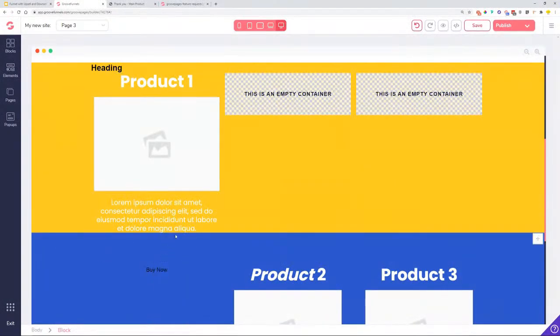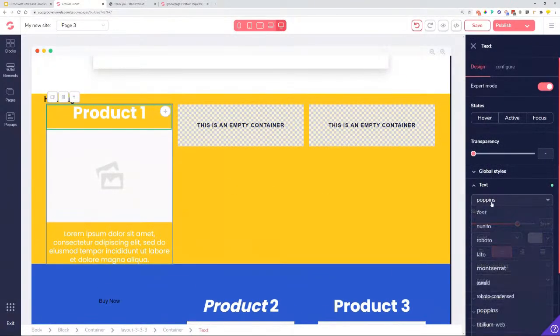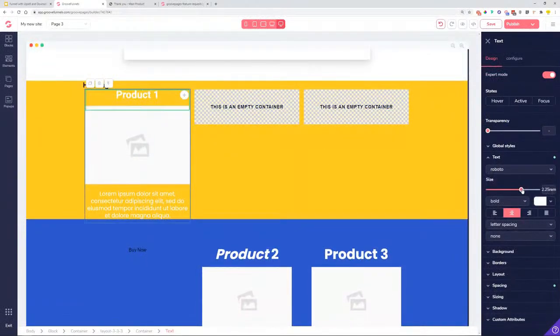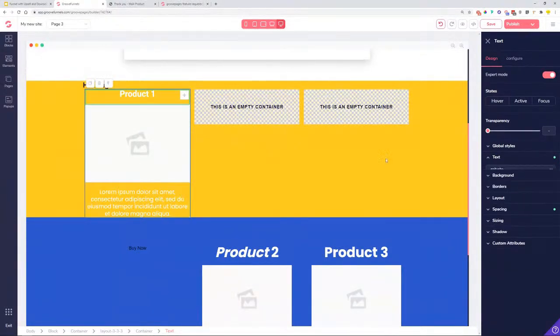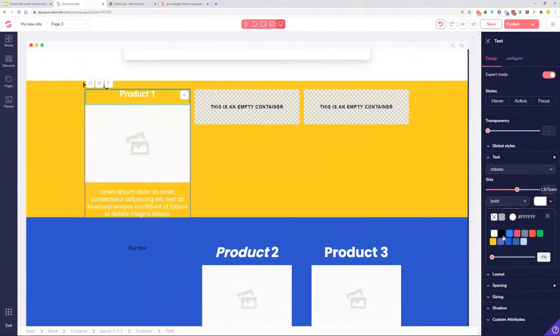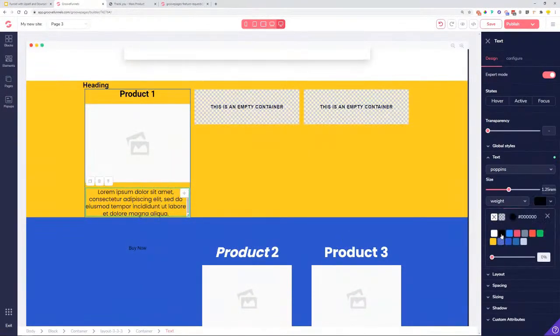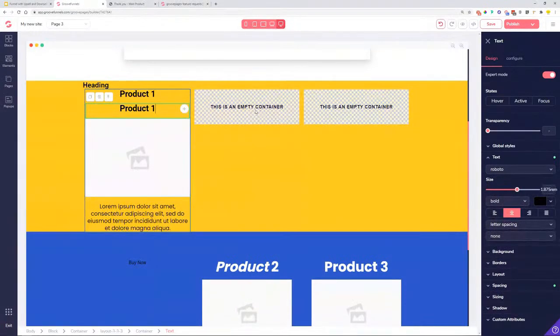Like that. I don't actually want the buy now button, so I will just style this. I want the text to be Roboto, a bit smaller, like that, 1875, and I want it to be black. The black is more visible on the yellow background, so this is why I'm changing it, but this is what I like. So I will just create this